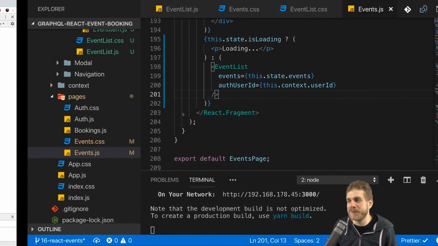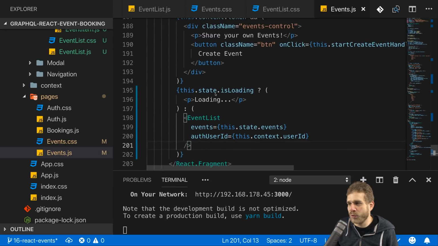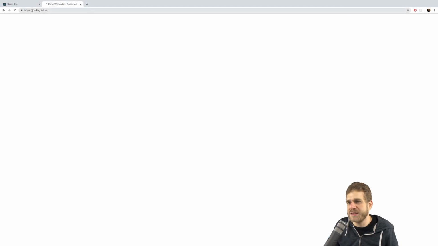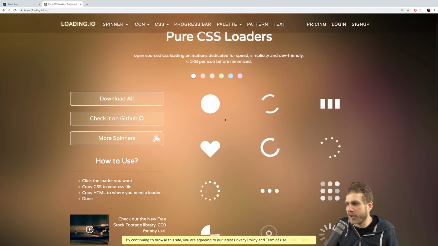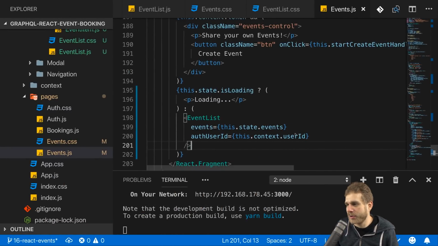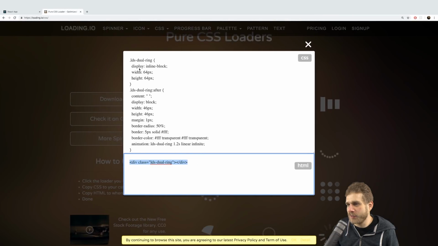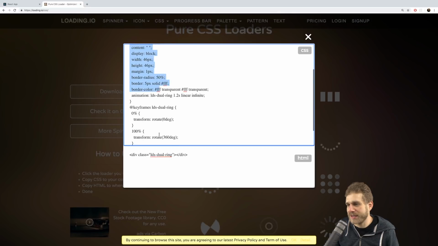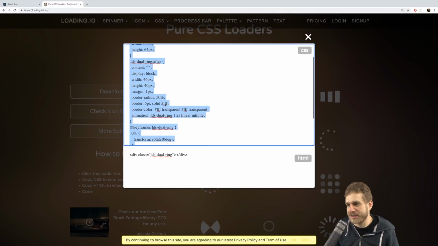Obviously, that was not super beautiful, though. So let's work on that a little bit. Instead of just displaying loading here, I want to display a spinner. And for that, you can visit loading.io/CSS. And that should give you some beautiful CSS spinners. Here they are. And I will just go with this one here. And now you just need to copy this HTML code here and use that here, basically. And then you need to copy that CSS code here, of course, as well,